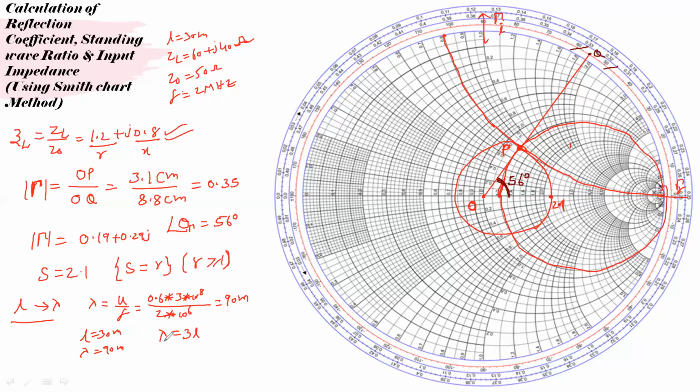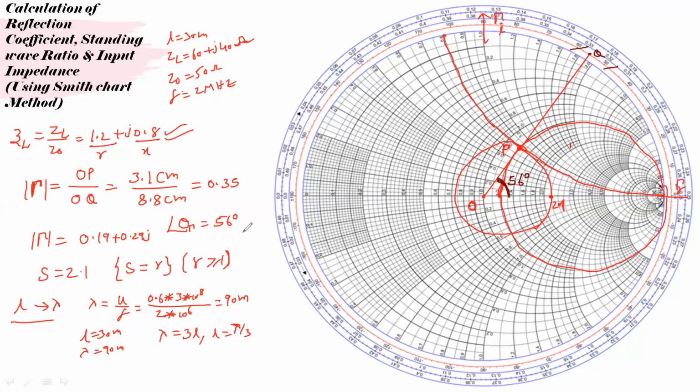The entire wave lambda cannot enter into the transmission line at a time, because the transmission line is 3 times shorter than the wavelength. The length of the transmission line is 3 times lesser when compared to the wavelength. So if you want to write it in terms of L, that is L equals lambda by 3.